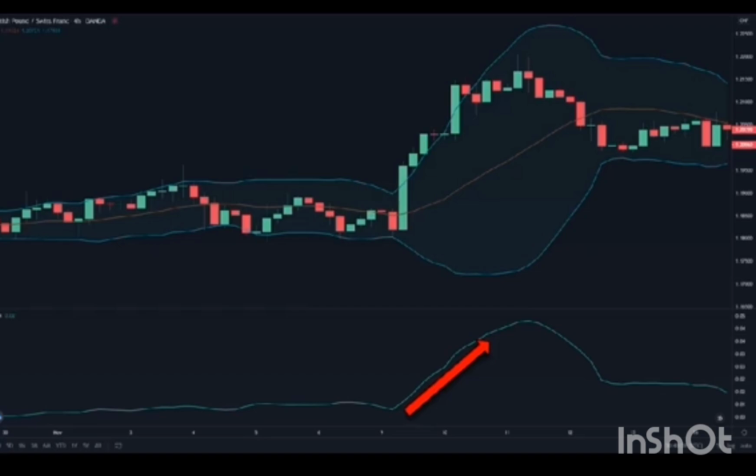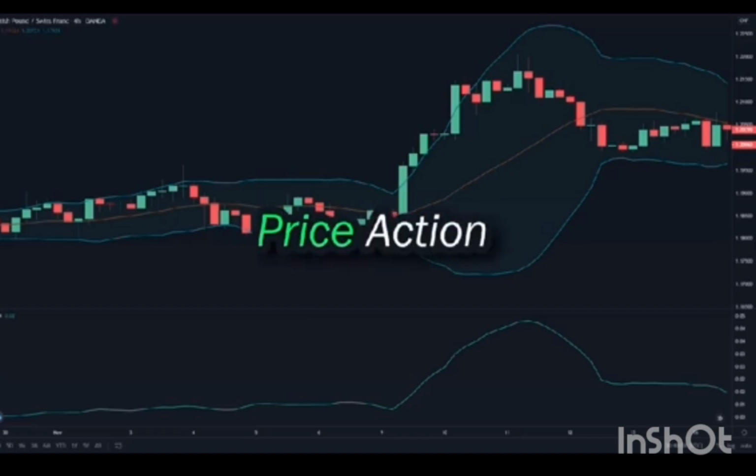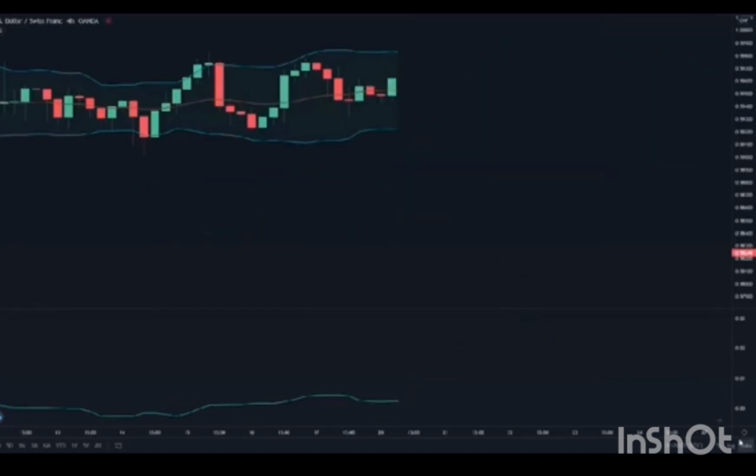So our next job is to predict the direction of that breakout. And the way you do that is by using price action. Let me give you an example. So in this chart,